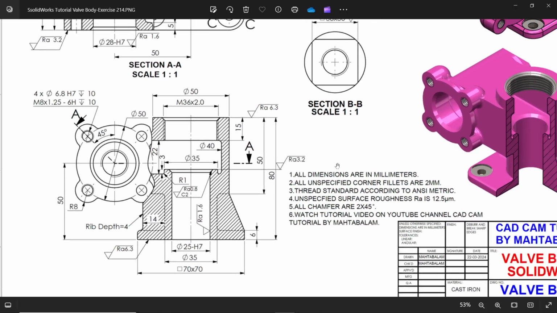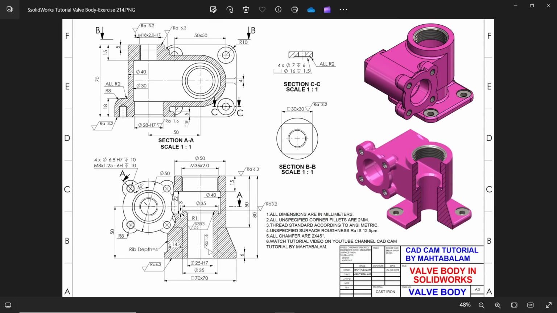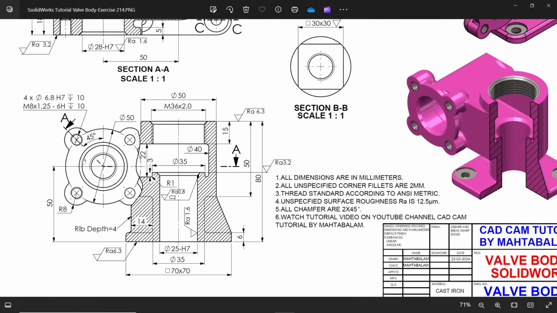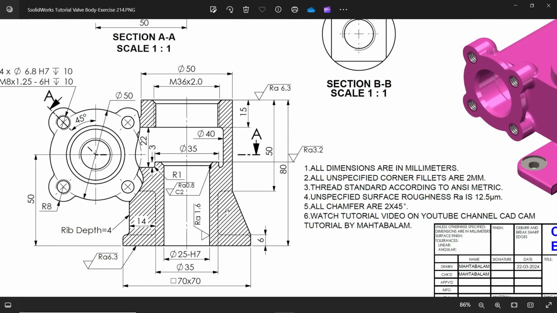Okay. Now look, we have only two views, and we accommodate all the dimensions in these two views. Now this is also a broken view. See, this is the front view, but we just cut. You will see the cutting line. So we just cut this up to center, so that we will get a half section view, and you will see these dotted lines show rib depth 14, and these are the